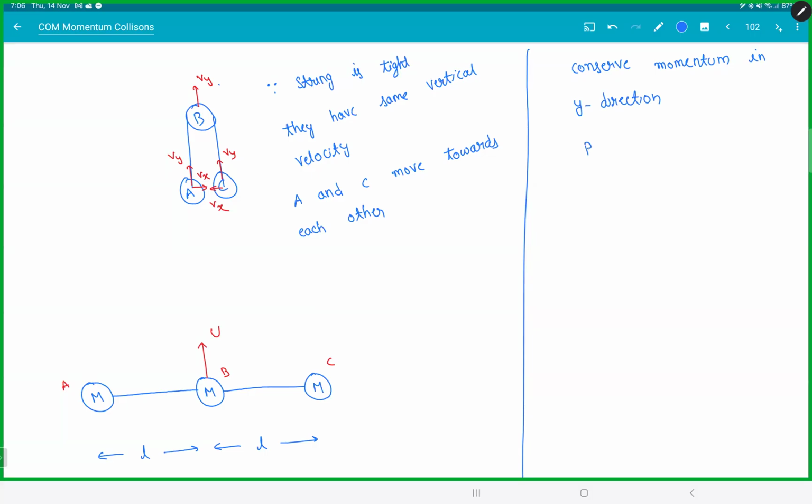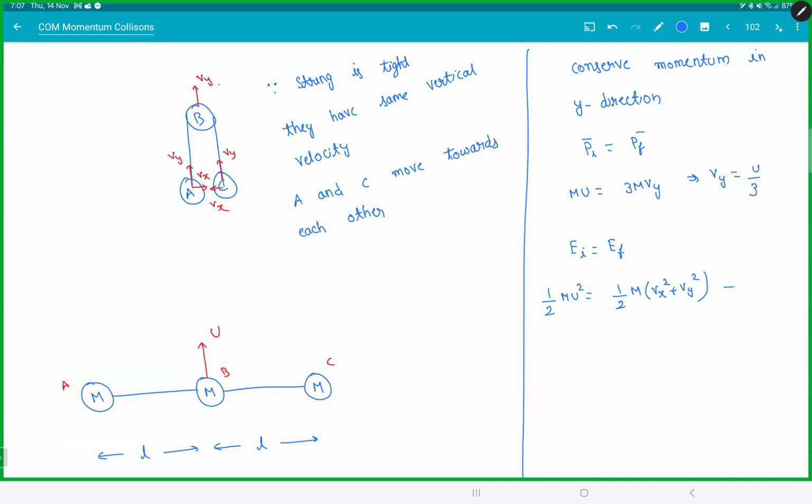So initial momentum, P initial is P final. Initially only B is having velocity u, so mu, now it is 3m Vy. So from there I got Vy is u by 3. Now what about the A and C horizontal velocity? Energy is conserved. Initial energy is equal to final energy. Initial energy, only ball B will have half m u square. Final energy: half m (Vx square plus Vy square),